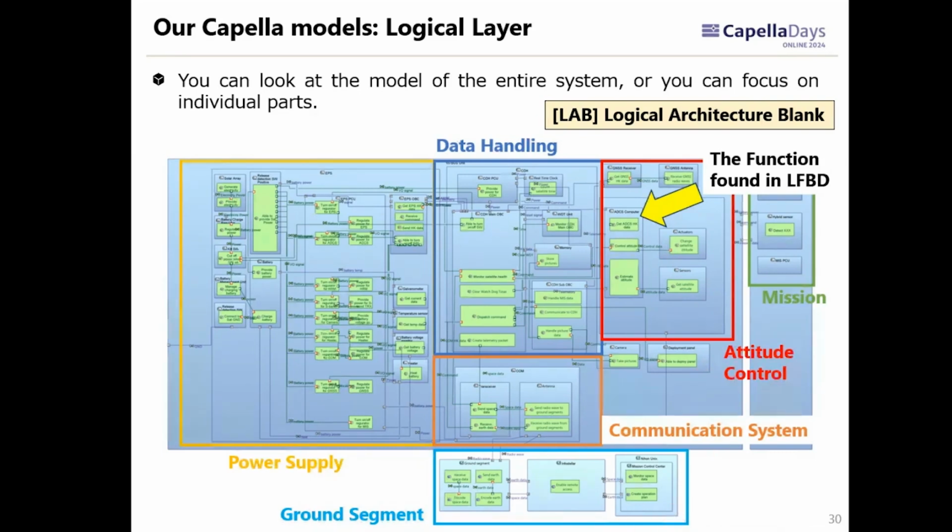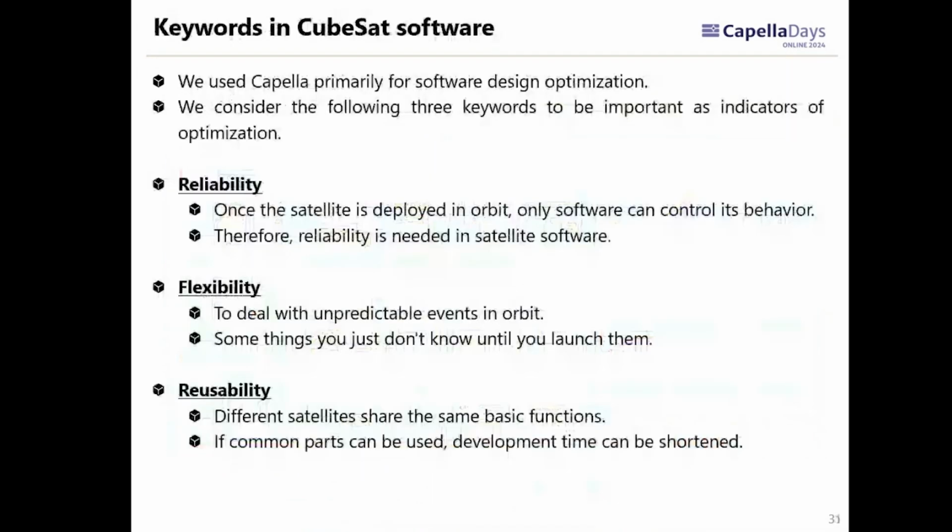But our main target, what we are aiming for, is to improve reliability and traceability for data handling software. And we use Capella primarily for software design optimization. And we consider the following three keywords to be important as indicators of optimization. So first,